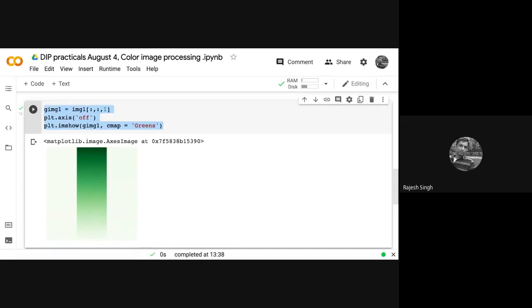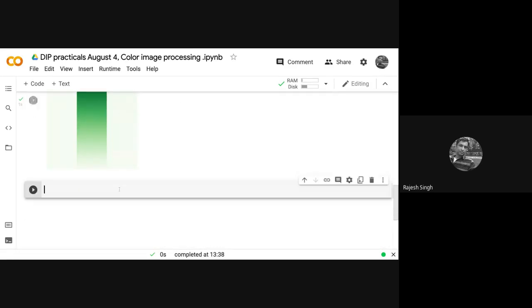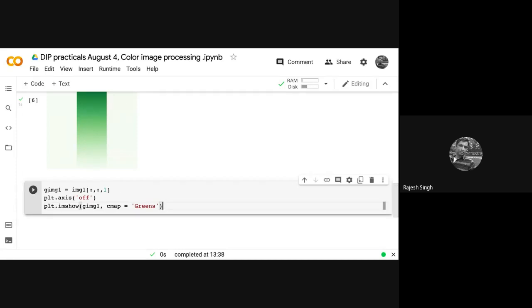Now let me quickly just do the next component. I want to do a blue component. So B here and a B here. CMAP would be, as usual, you can guess now, Blues.